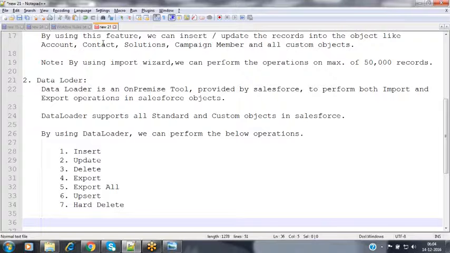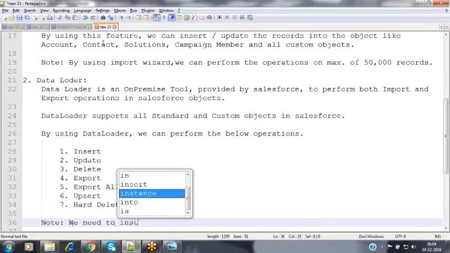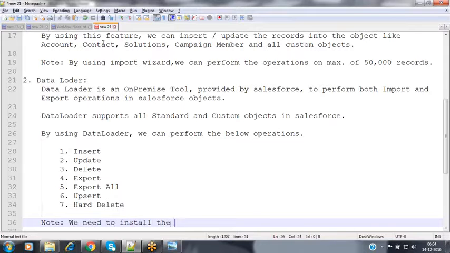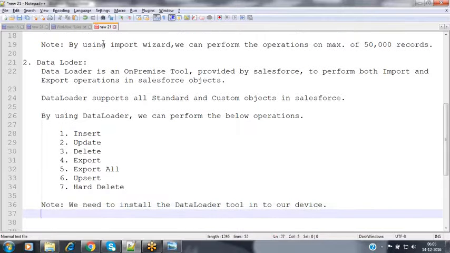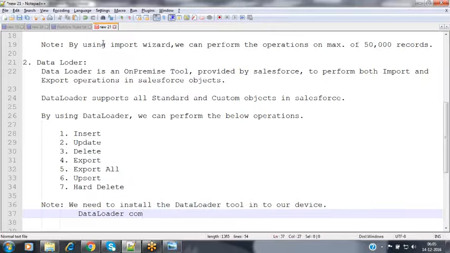So for that, we need to install the Data Loader tool into our local system or local device. Data Loader comes in two flavors.